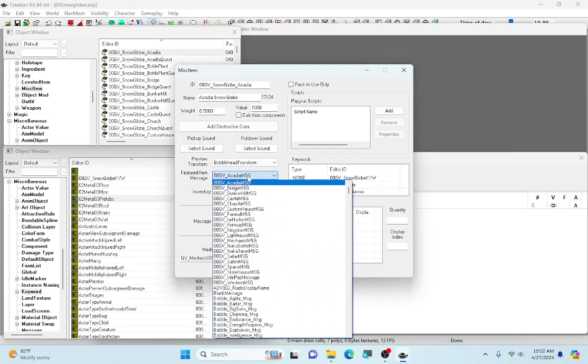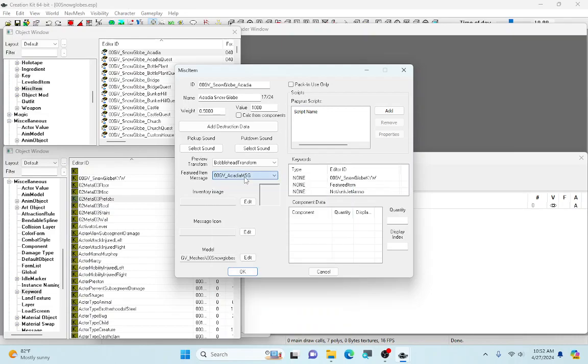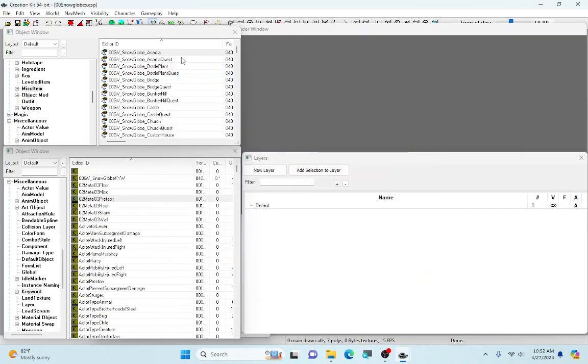I'm not going to get into messages. That's pretty self-explanatory. There's tons of videos on stuff like that. You can make those if you want. They're not really necessary. That'll just be what's displayed under the item when you pick it up and it's a featured item. So once you have your model in there, you've given it a name, an ID, everything, click OK. Do that for your Quest variant of each one. And once you've done that and you have all of your items and their alternate Quest versions,